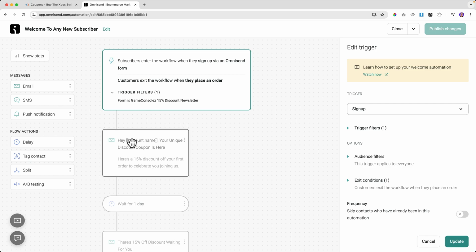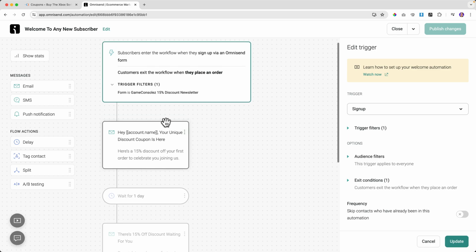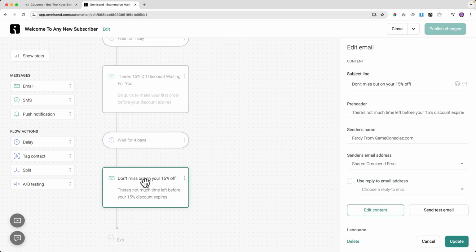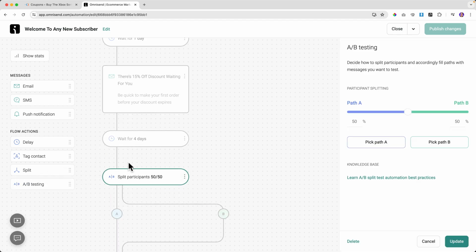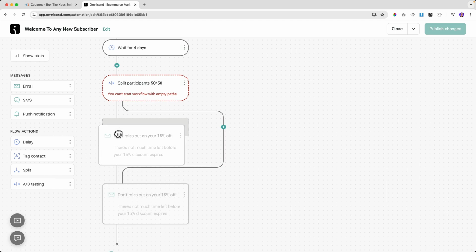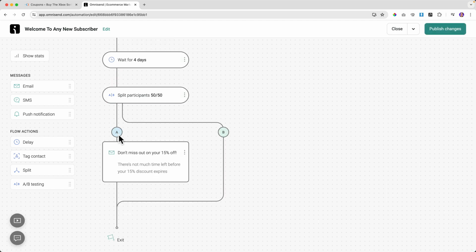What is split testing? You can have two different emails. 50% of the people get email A, 50% of the people get email B. And then based on the statistics, you can see what is performing better. So if people still did not sign up after 5 days total, over here, I can do a split test. So I can say, you know what? Right now, 50% of the people will get this email, 15%. Don't miss out on 15%.